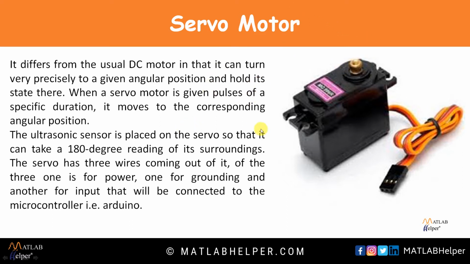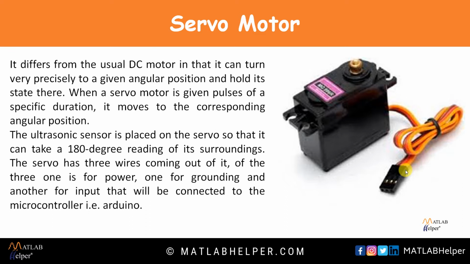So the ultrasonic sensor will be mounted on this servo motor so that it can give a 180° reading of our surroundings, so that we can get a 2D map of a 180° field of view. Also we can see that the servo motor has 3 wires coming out of it. The first wire is a ground pin that will be connected to ground. The second one is for plus 5 volt power supply. So these two pins are for power supply, and the last orange one is the signal pin to give the pulse from the microcontroller so that it can turn to a precise angular position.